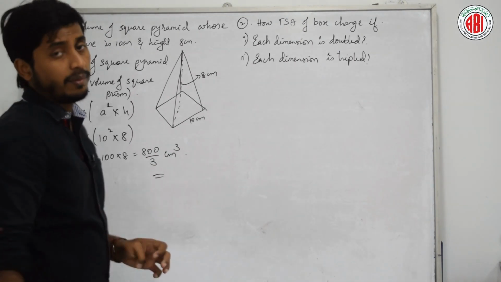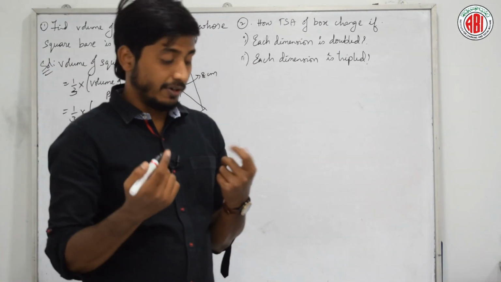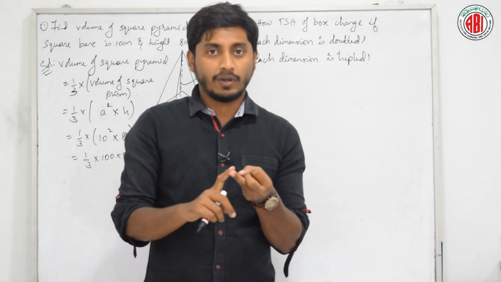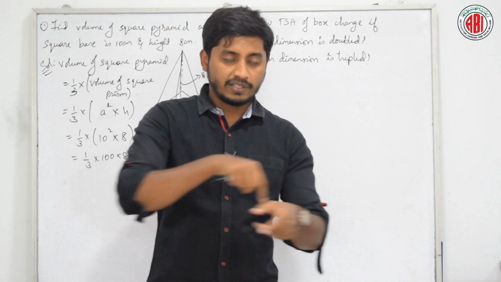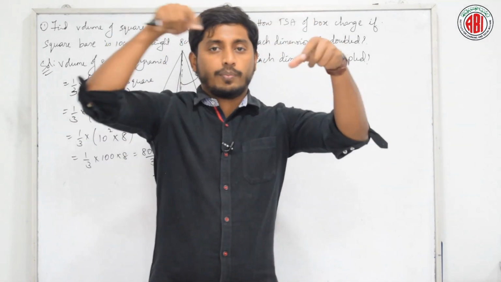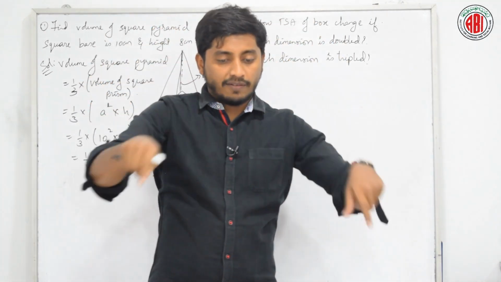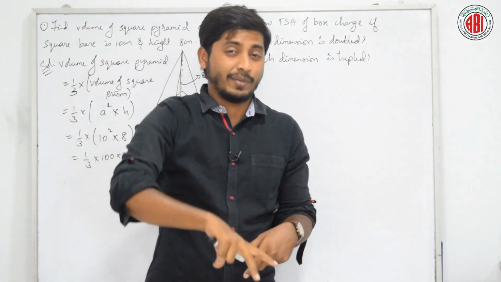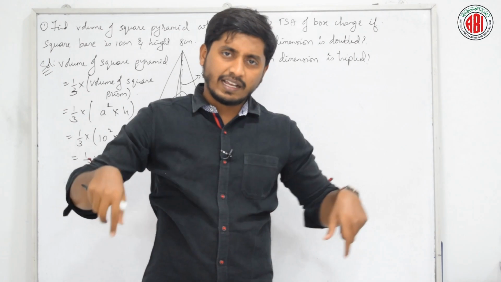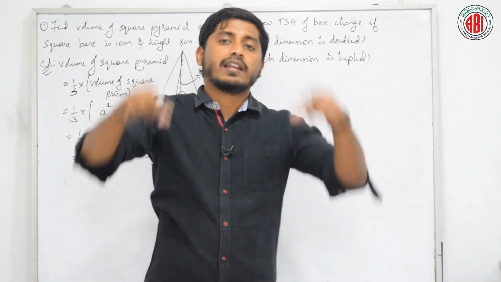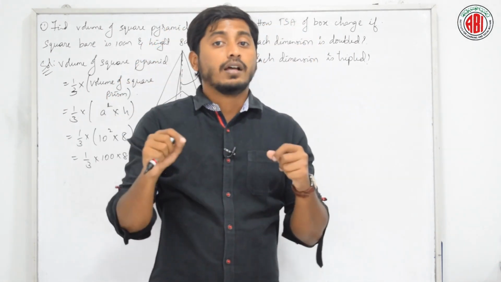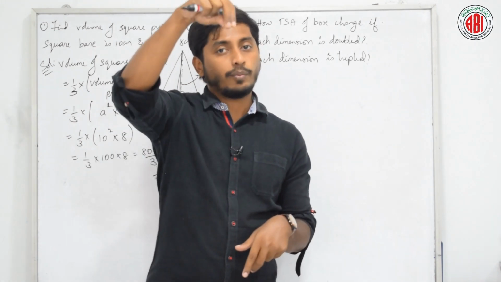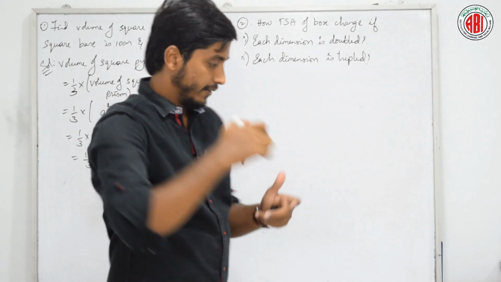Is it difficult to remember all the terms we learnt here? Prism, pyramid. A square prism will have a square at the bottom and again a square at the top. A square pyramid will have a square at the bottom and all the edges meet at a point. This is a pyramid. If it is a rectangle pyramid, we will have a rectangle and it will end at a point. If it is a pentagonal pyramid, we will have a pentagon at the bottom and all edges meet at a point. Okay, fine.